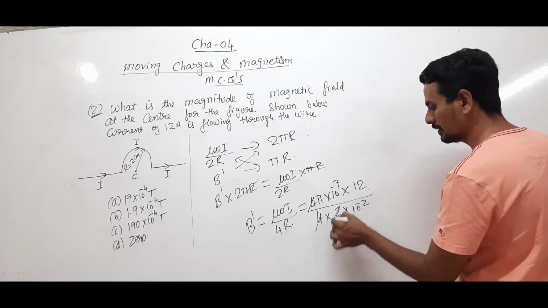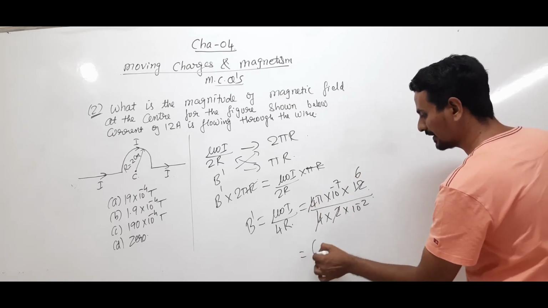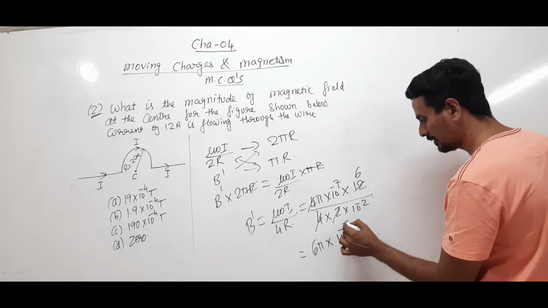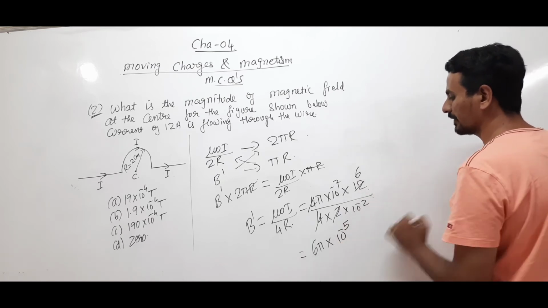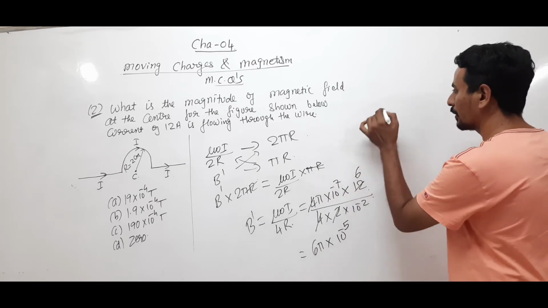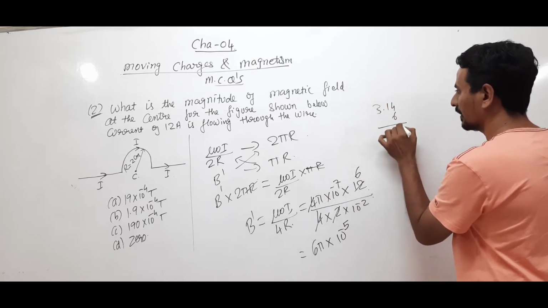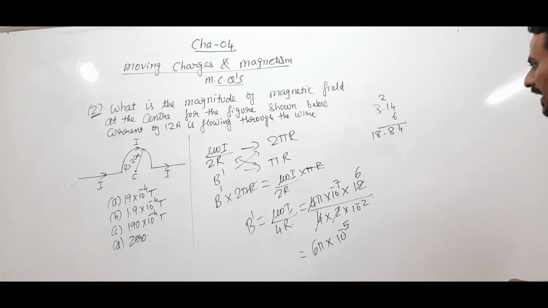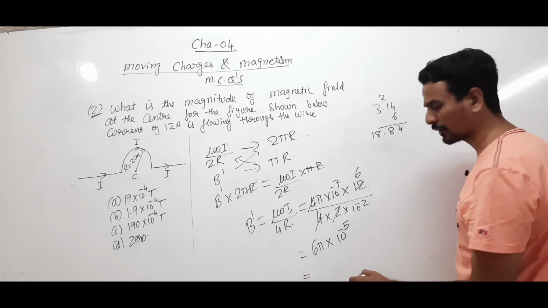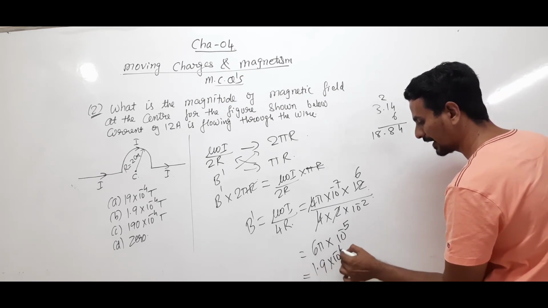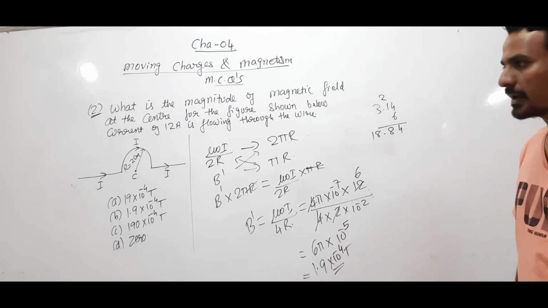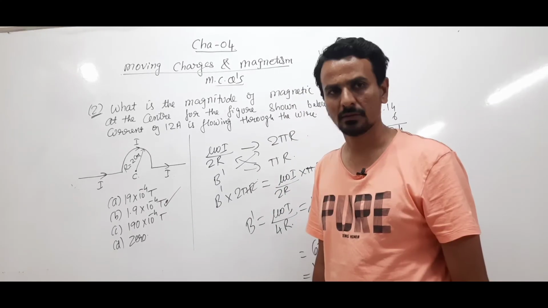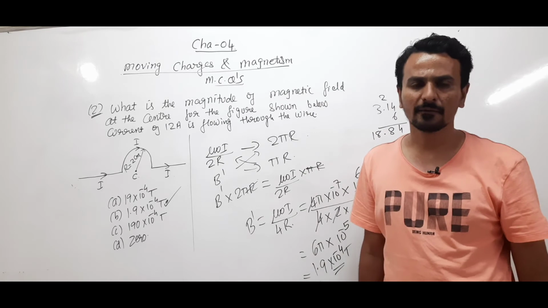This will get cancelled 6 times, so this will be 6 pi into, this will be plus 2 minus 7 minus 5, right? So 3.14 into 6, it will be 18 point something, so 19. Okay, so all the options are given. 3.14 into 6, 428.18, right? So that is 19 into 10 raised to minus 5, approximately. So it will be 1.9 into 10 raised to minus 4 Tesla. Clear? So fine, this is the correct answer. So B is the correct answer. Clear? Fine. The next one.